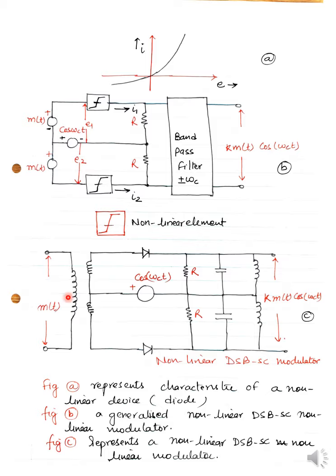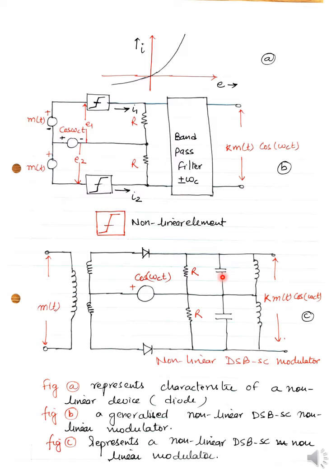If we use transformers for generating the signals, the turns of the coils, if you remember from electrical circuits, define how much potential we get here and here. On the secondary side we are dividing equally, half on this side and half on this side, and we are using a diode here. I'll explain it on the next page. The circuit will be of this form, then you have a capacitor and this inductor. They both are working as a filter here.